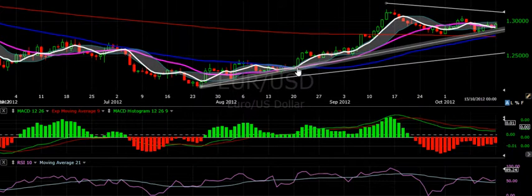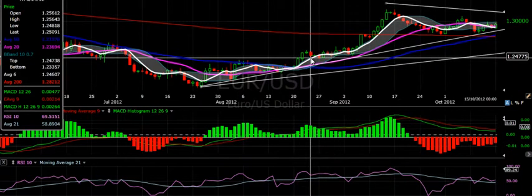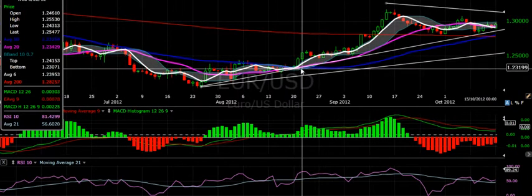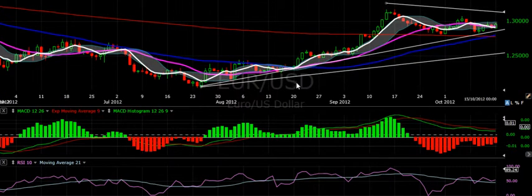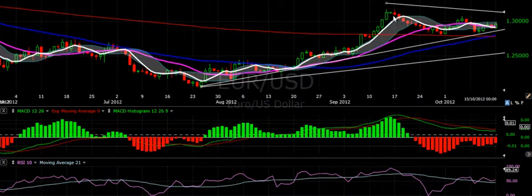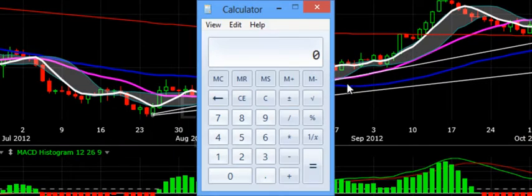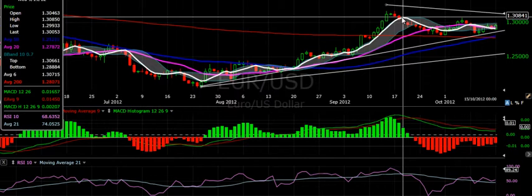If you look to the right hand side of my crosshair, this is called a crosshair, that I'm moving to the far right hand side, you can see if you got in according to our parameters, which is once the pair moved above the 50-day moving average, once it moved above the Bollinger Bands, the 6-day moving average, and the 20-day moving average, which is this sort of purple line over here, you could have made, so remember that figure there, 2364, and let's say you even got in over here, 2364. So remember that 2364